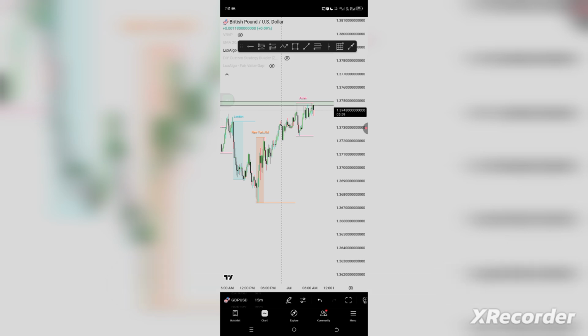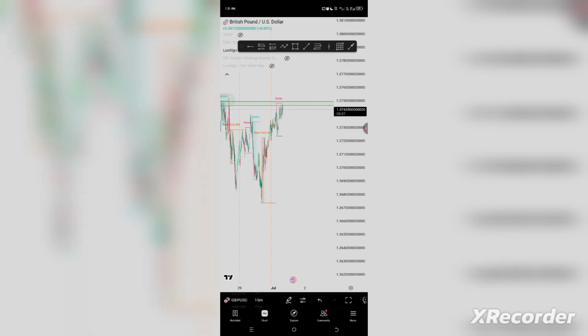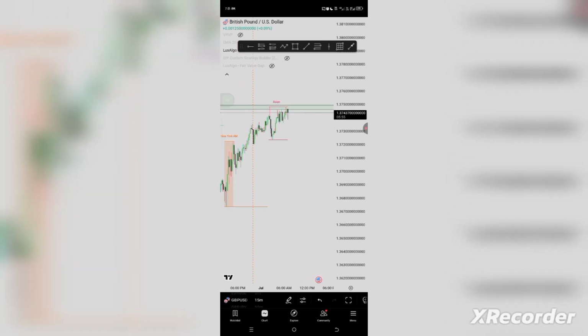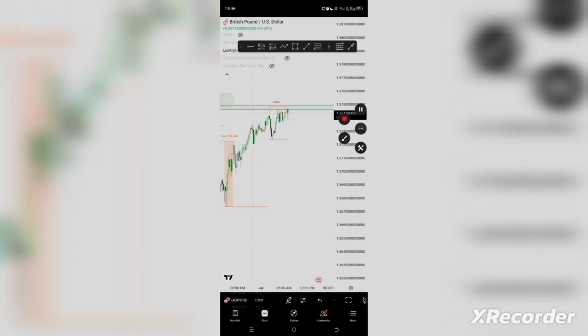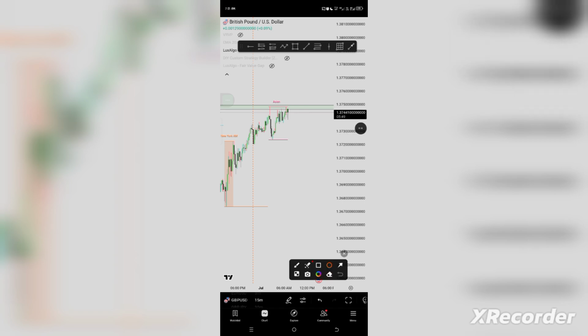Yes, this is fresh, and we are currently sitting at a supply zone. You can see this right here, but I won't take this trade yet. I'll wait for London open before I open the trade. Why? Because you can't see